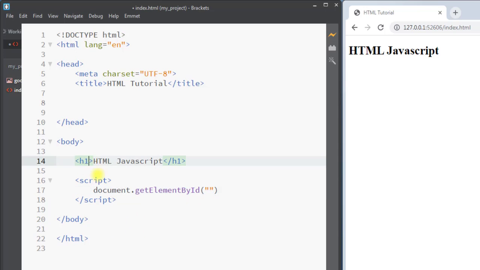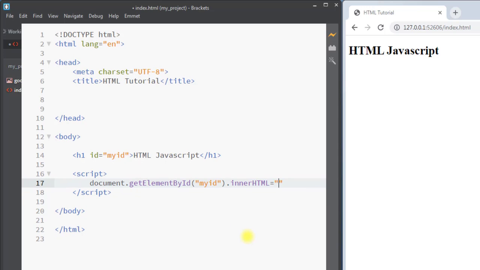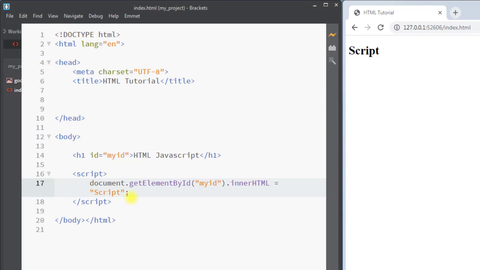Now we can assign one id to the h1 tag, like myId. So now we can pass that id inside the getElementById function, and then we can write dot innerHTML, and then we can assign some new content for the h1 tag, like the content script. So if we refresh the page, here the JavaScript is selecting the element with the id called myId, and then it is changing the innerHTML to script, and that's why we can see the output script